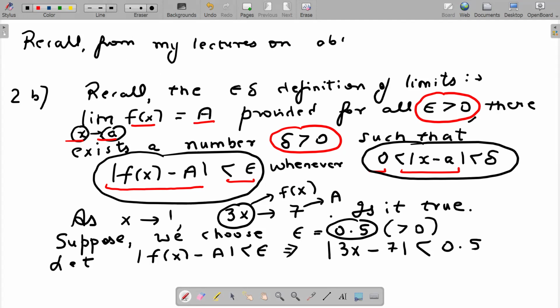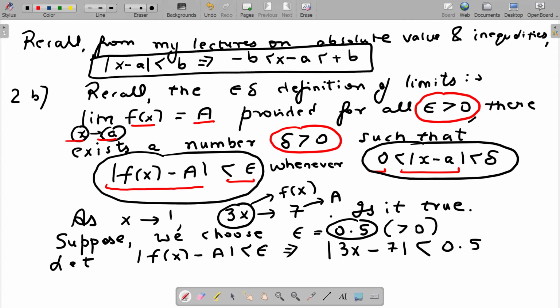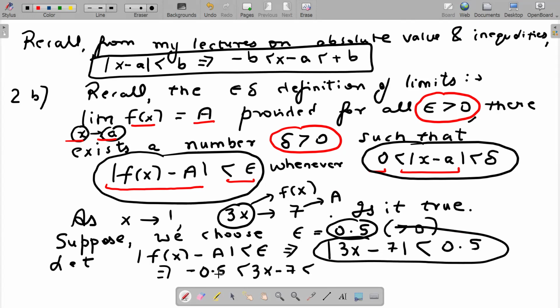Recall from my lectures on absolute value and inequalities that if mod of x minus a is less than b, it means x minus a lies between minus b and plus b. Similarly, if mod of 3x minus 7 is less than 0.5, it implies 3x minus 7 will lie between minus 0.5 and 0.5,